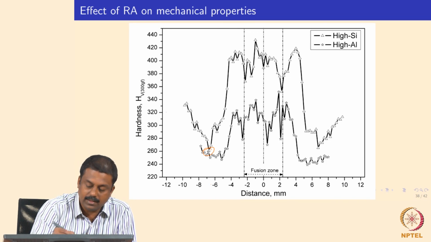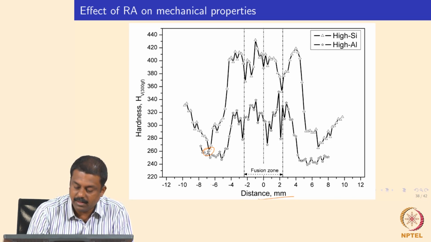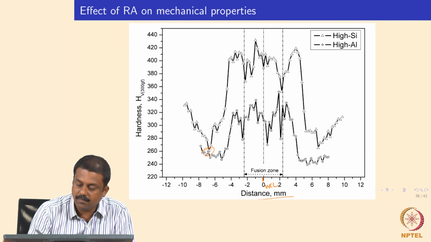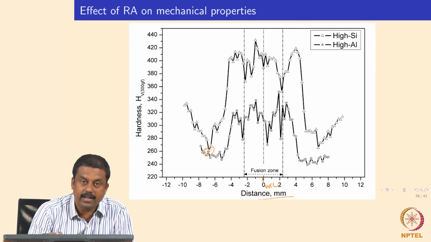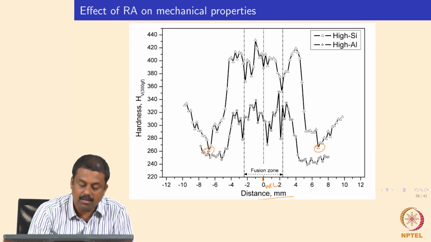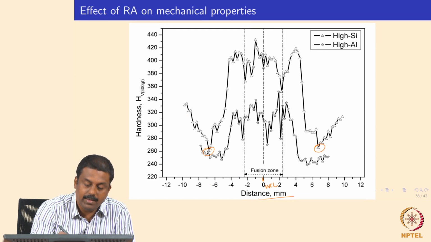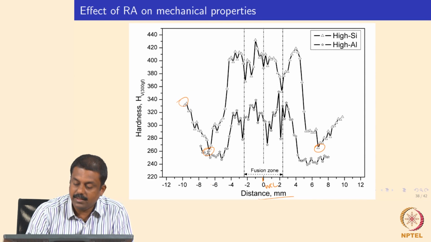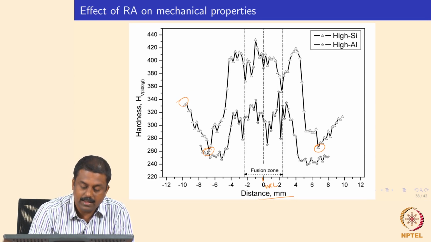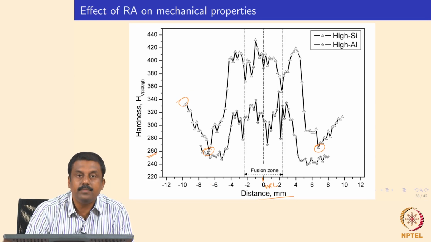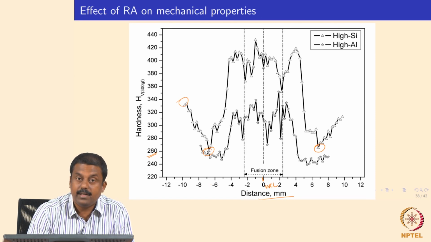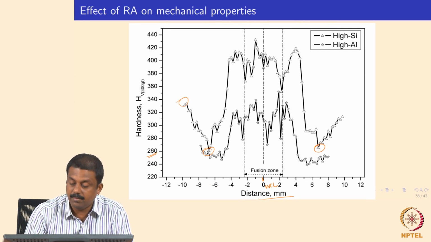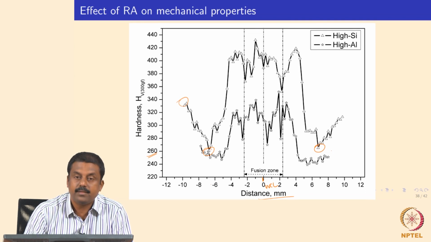So this is the hardness as a function of the weld center line. So this is our weld center line. Whenever the peak temperature reaches just below A1 temperature, where we have a minimal retained austenite, the material softens significantly. When the base material hardness is about 340 Vickers, in these regions where the austenite fraction is nil, the hardness decreases to 260. Why? Because the retained austenite is transforming into a soft ferrite and carbide mixture, leading to a decrease in hardness.